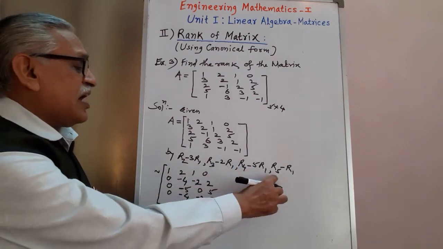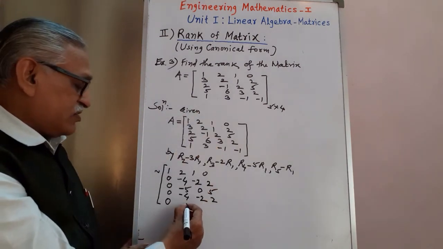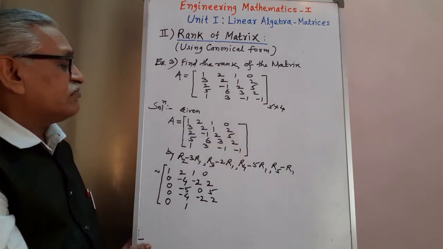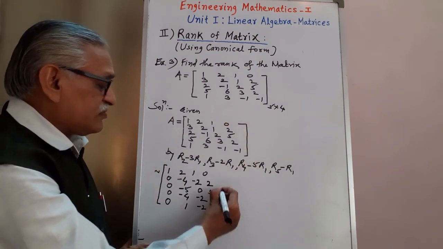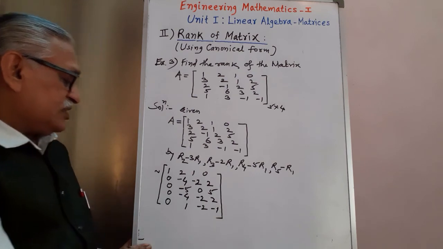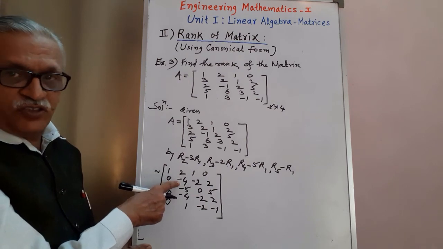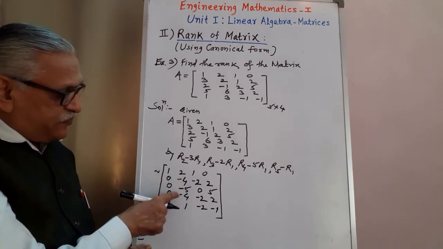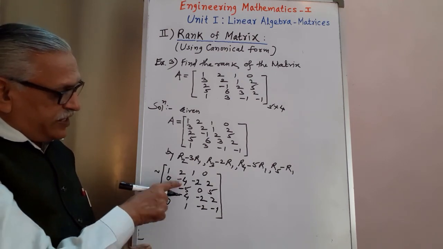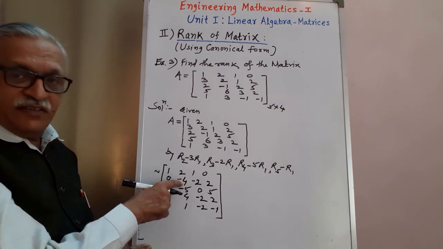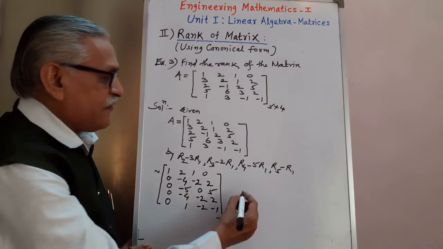Next, R5 minus R1, 1 minus 1 we get 0. 3 minus 2 we get 1. Minus 1 minus 1 we get minus 2. Minus 1 minus 0 we get minus 1. Okay, and then the second diagonal element is minus 4, non-zero, but using minus 4 it is somewhat difficult to make these three elements 0. Therefore, we interchange these two rows so that we get 1 here as non-zero, and using that 1 we can easily convert this to 0.